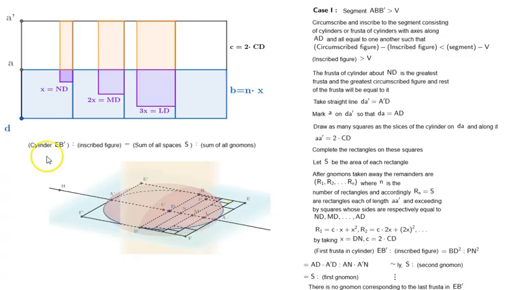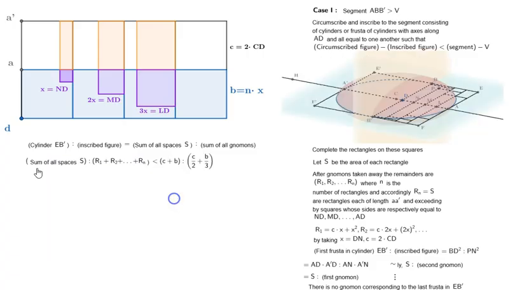So cylinder EB prime is to the inscribed figure as the sum of all spaces S is to the sum of all gnomons. So the sum of all spaces S is to the remainders R1 plus R2 up to Rn